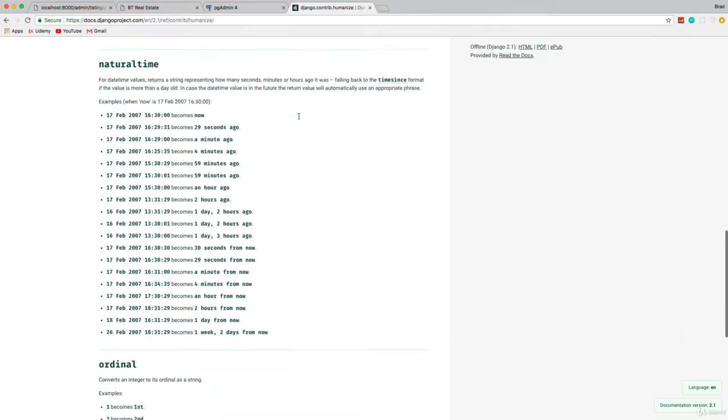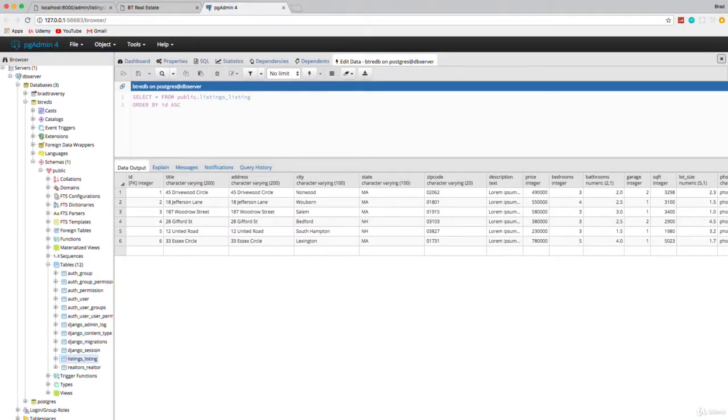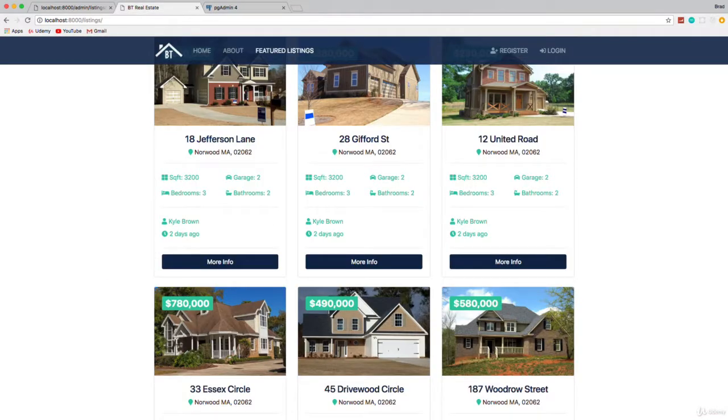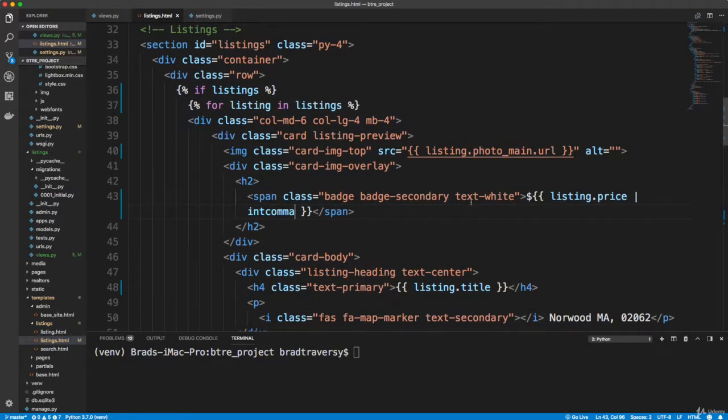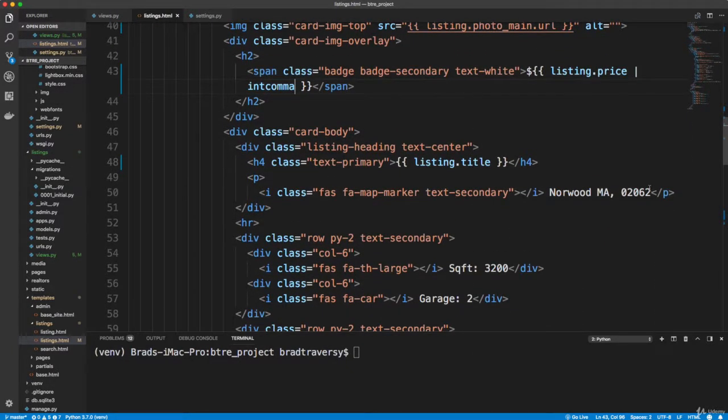There's a whole bunch of cool functions that you can use with this Humanize, so just keep that in mind. Alright, so let's go ahead and finish the rest of our fields. So what else do we have here that needs to be added? Right here we have